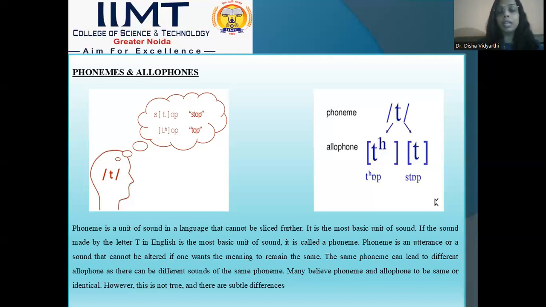Like if we give you the example of cake, and someone says it with a little aspiration in the k sound, making it a k with aspiration. But you will write it cake. It will not create a difference in the meaning whether you pronounce it one way or the other. So allophones are just the variation of those sounds. It doesn't change the meaning of that word, it only changes the articulation, the manner of pronouncing or producing those sounds.